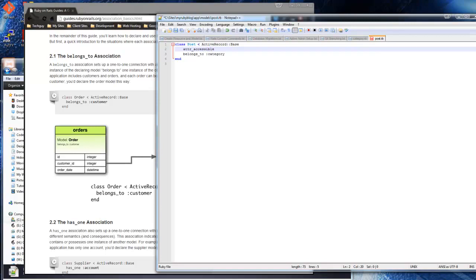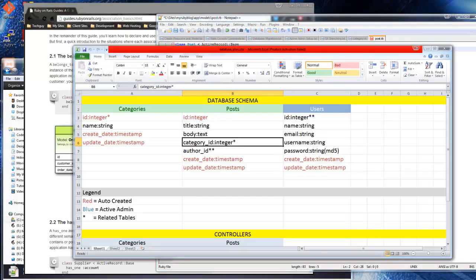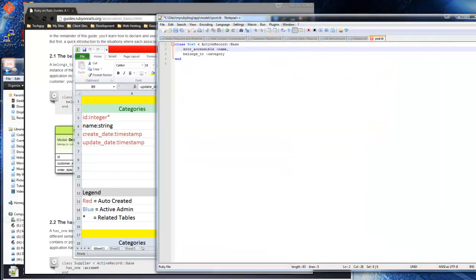Attributes, accessible, and then we're going to put, let's see, in our posts we have a name, and what else did we have? Let me just go back to that Excel file. In our posts we don't need to put any of the auto-created fields. We have a body, category ID, and author ID. Alright, so we just want to put body,